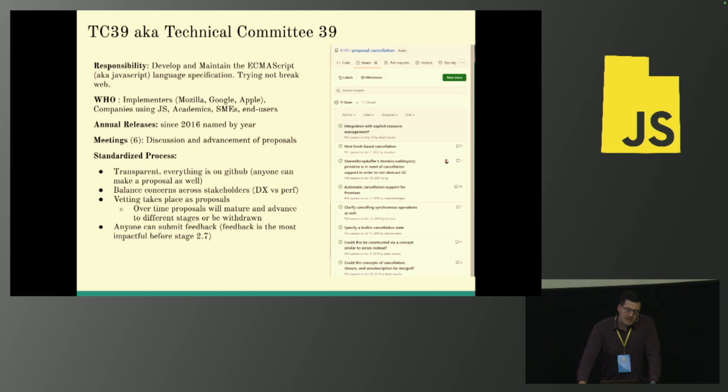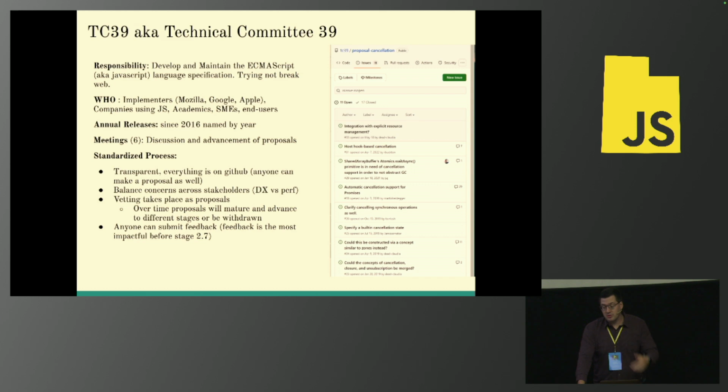And how exactly do they operate? There's typically 6 meetings per year, and this is kind of important because you'll see one that's stage 4, and you'll think, well, why wasn't it in the standard? It's sort of like there's a window of when things need to go in. So they'll have those 6 meetings per year, and then you can see the outputs on their GitHub, if you will. And it's a very transparent process.